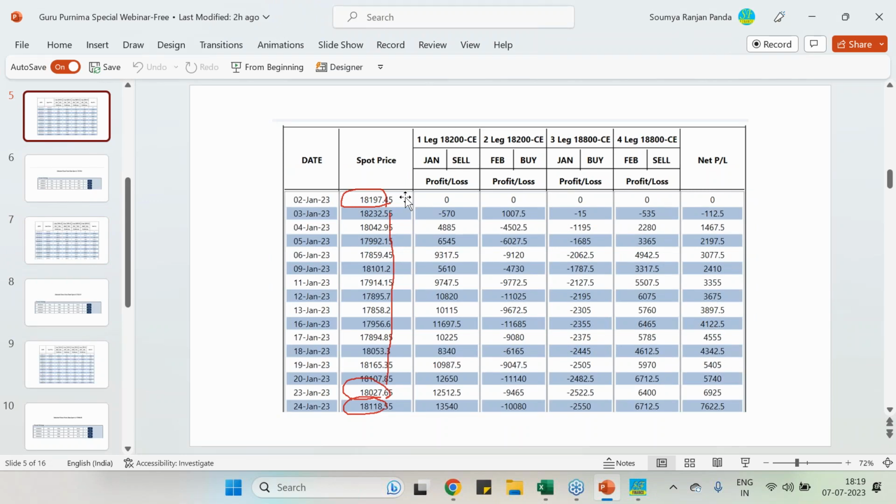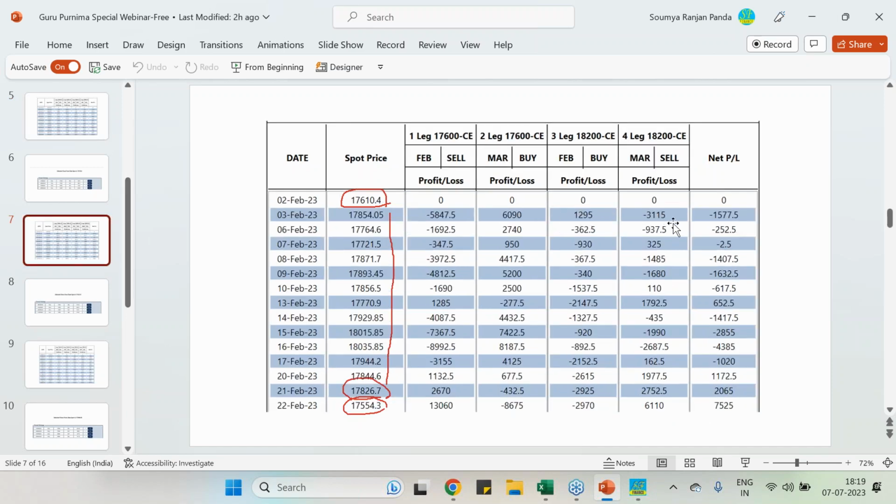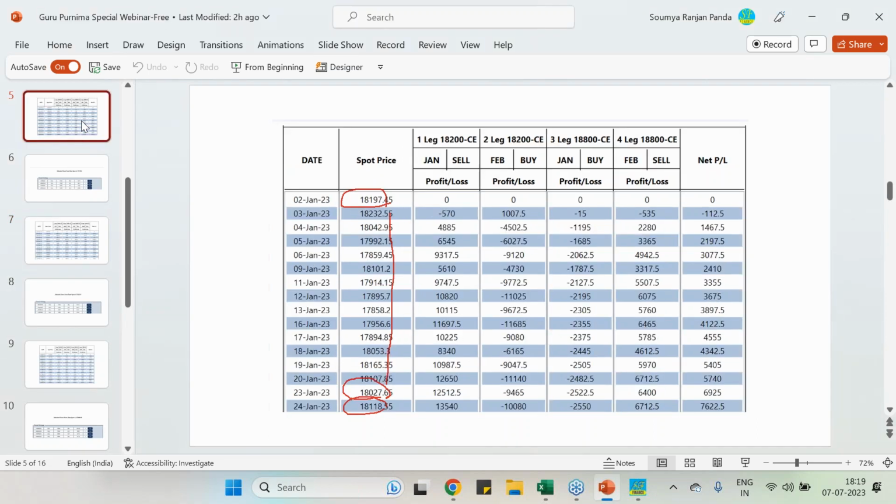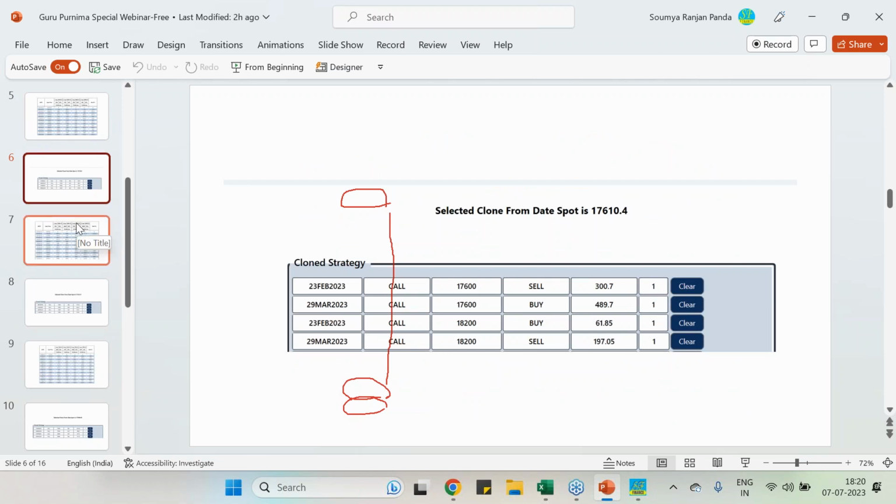In January we entered at 18,200. Then the market fell, and went to the 18,200 level again. Every day we are making profit. What happened in February? We could not make money. Why did we not make money? And on the last day also we are going to make money. What happened? In January there was a stiff correction. Sorry, in January it was consolidation. Come consolidation, come corrections. And in February, in the last few days of January, post January expiry,